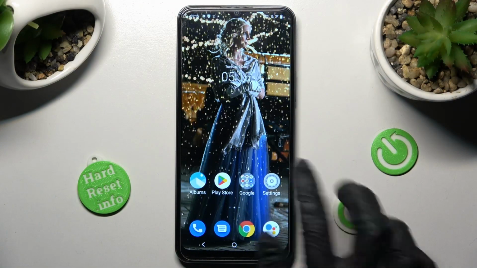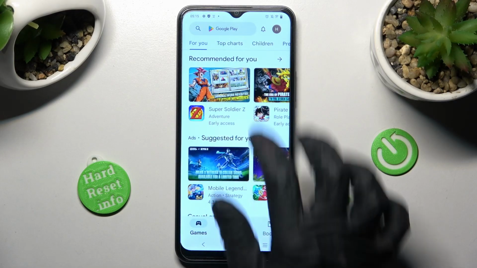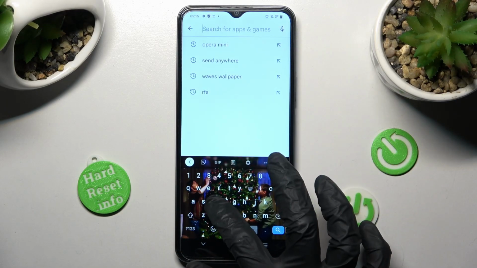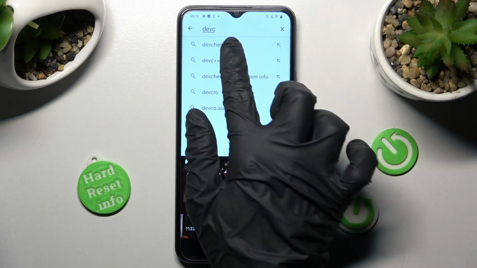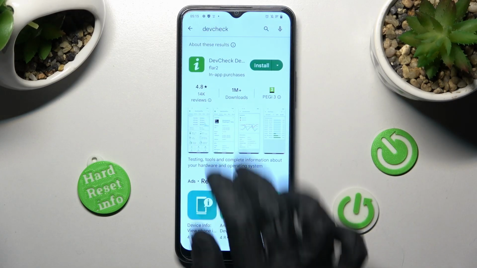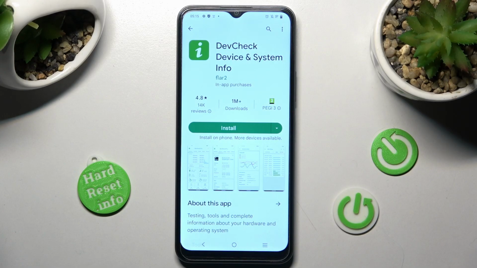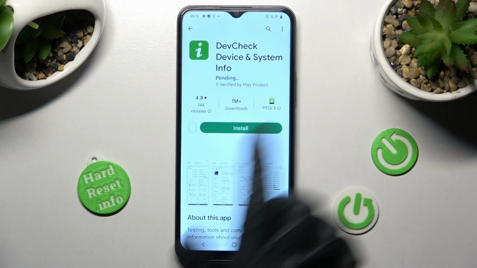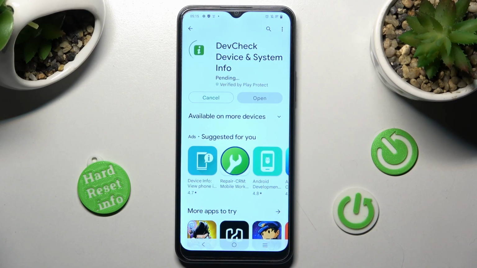Begin by opening Play Store. Now click on the search bar and type in DevCheck. Following that, just install this free app from Flar2 Developer, DevCheck Device and System Info, and when it's ready,